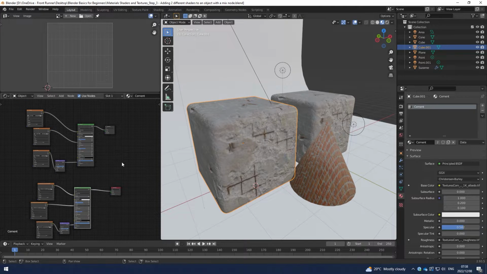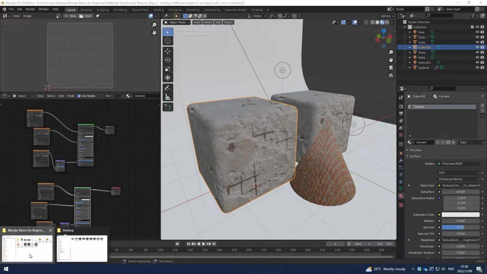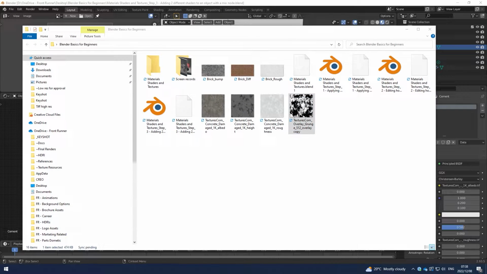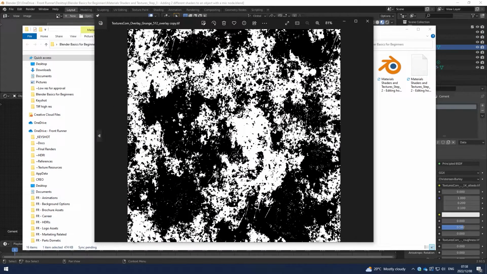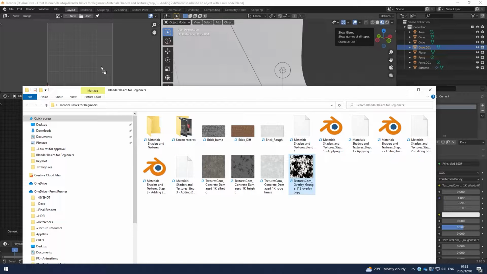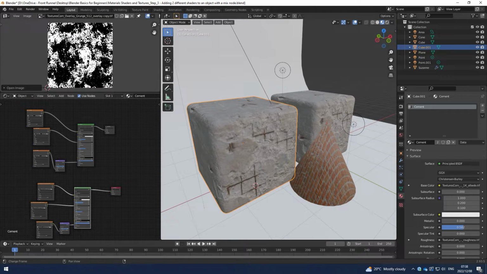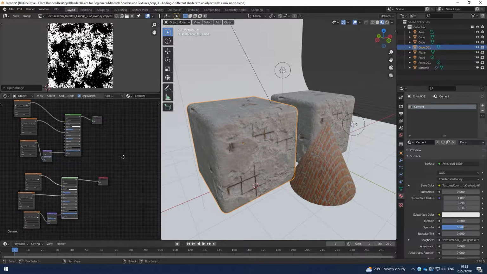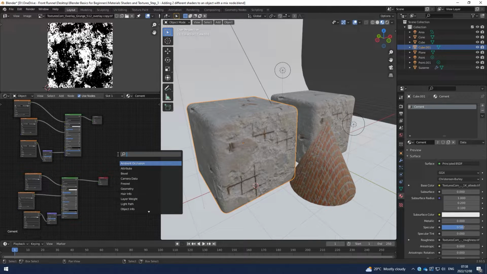So what I'm going to do now is I'm going to mix these two based on another image, and that image is going to be a black and white image. It's where the white will show one shader, one material, and the black will show the other one. So what I'm going to do is I'm going to pull a nice image like this in there, and I'm just going to load that straight into my UV editor like that from Windows Explorer,